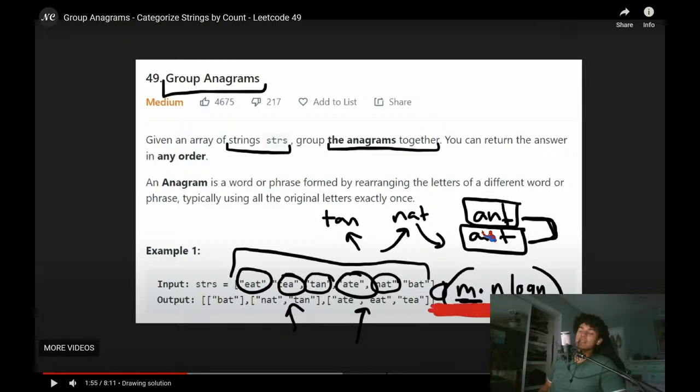Every single string gets into the output list. It's just a matter of whether there's multiple sublists or whether there's multiple strings in one sublist. So if I were to sort all of those and then add them one at a time,